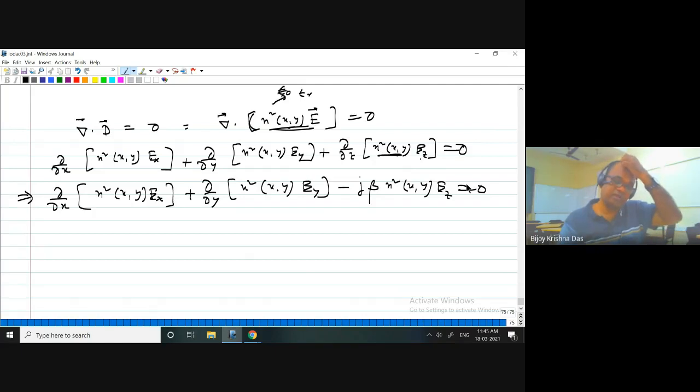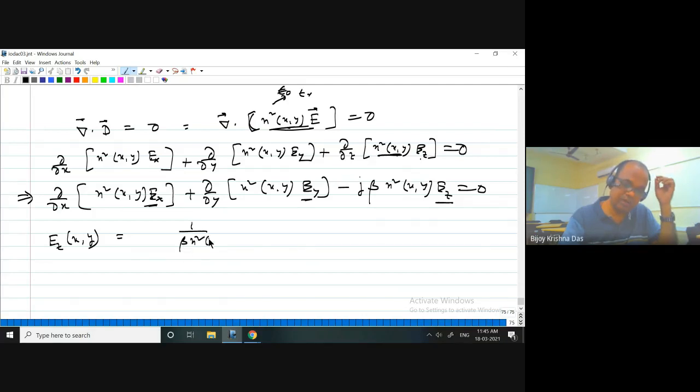So from this equation, if you know what is the value of Ex and Ey, then you can find out what is the value of Ez. So Ez xy, you can find out that it is 1 over beta n square xy,